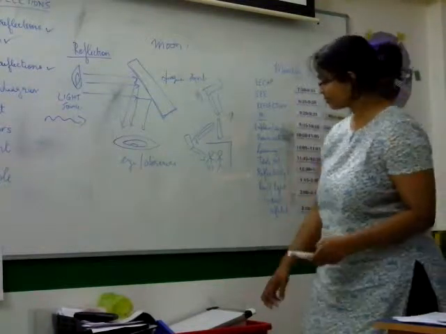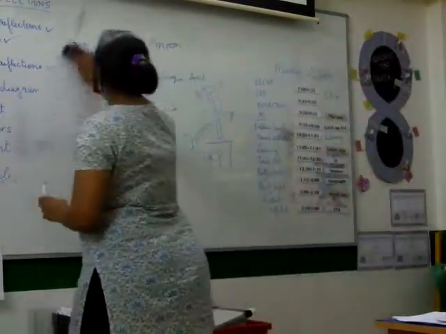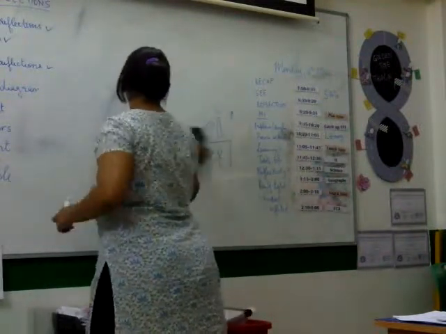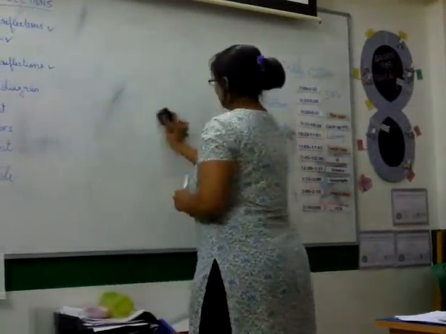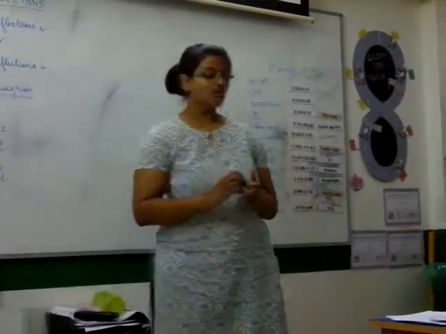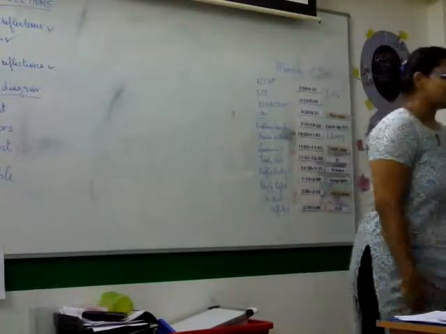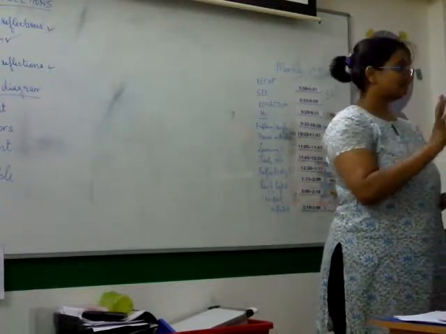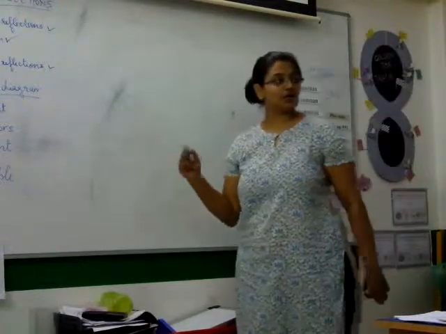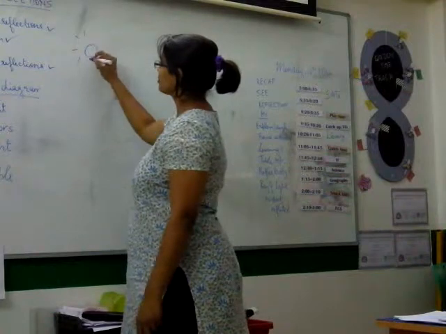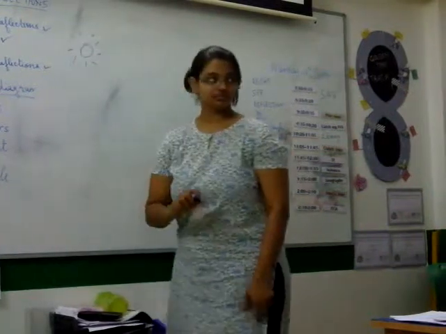Okay? Now, the last thing we have to learn is how to draw something called a ray diagram. This is what we're finally going to learn. A ray diagram is how you show a ray of light that is being reflected. That's all. So you have a reflected light. I'm going to show you how to draw it. Now, it's very simple. You have, for example, the sun as the light source.